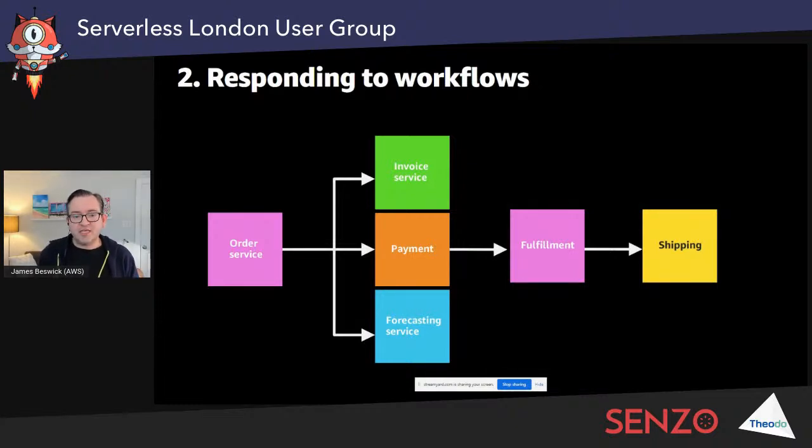And some of these services, like payments, have their own complex logic internally. So if you think about payments, payments have different types. You've got cash, there's check, there's credit, and they can succeed or fail, or they can be reversed, or they can be partially successful, or they may take a long time to complete. In the case of checks, sometimes they can take days, and it's not seconds or hours in the case of credit cards. So the payment service would be a really good candidate for step functions, given the complexity of the